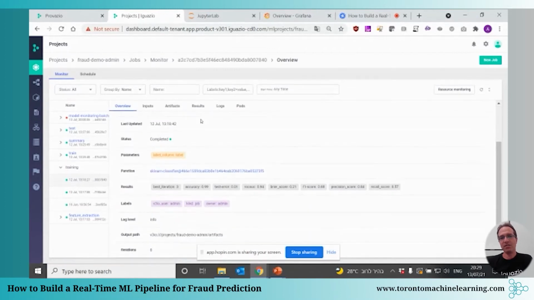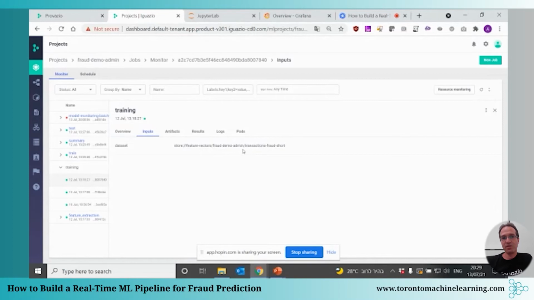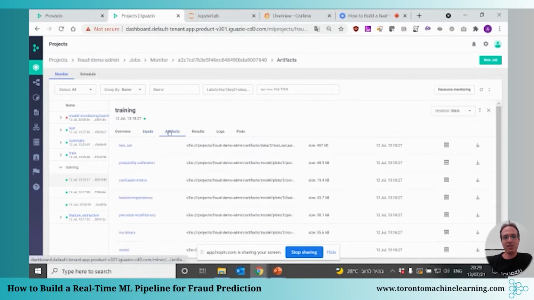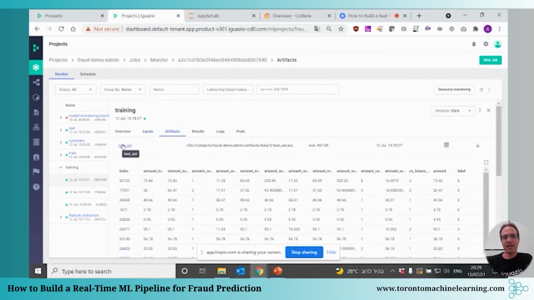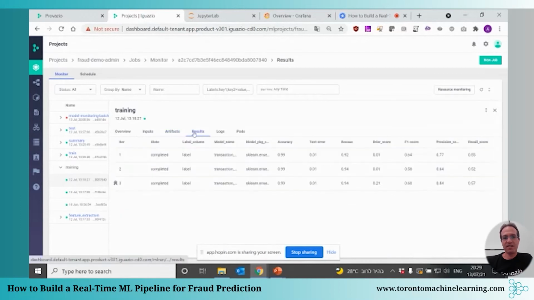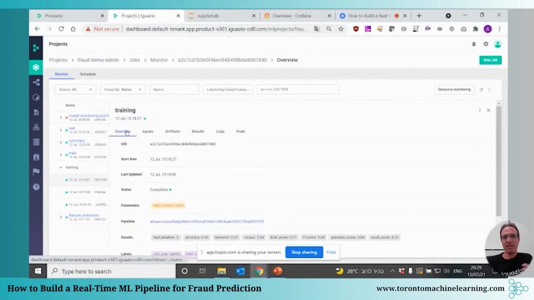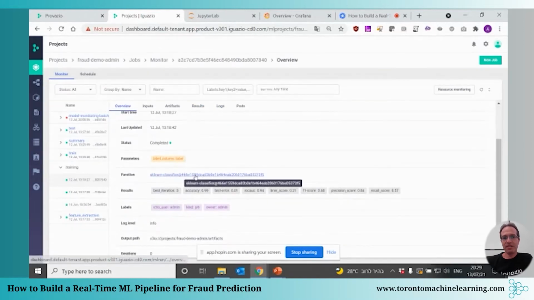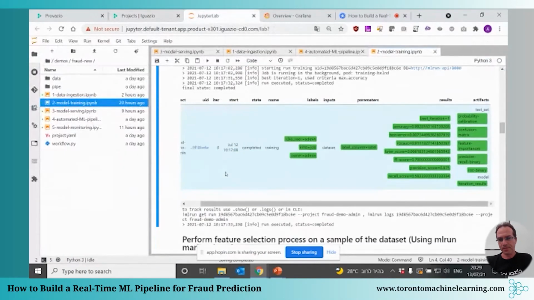When I drill down to a specific job, I can see all the metadata: when the job was running, the parameters, the results, the input data sets I was using. This is the feature vector, the artifacts that it creates, test data sets, the results. Iteration number 3 has the best results. Logs and everything are captured here, as well as the code itself, by the way.